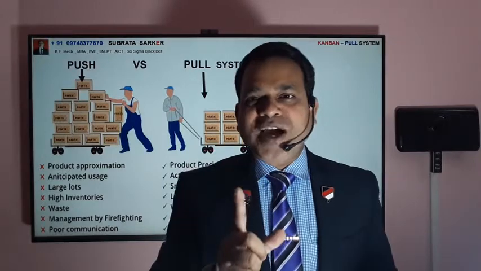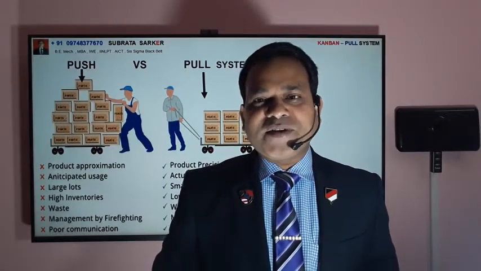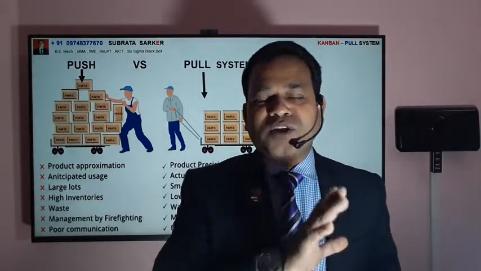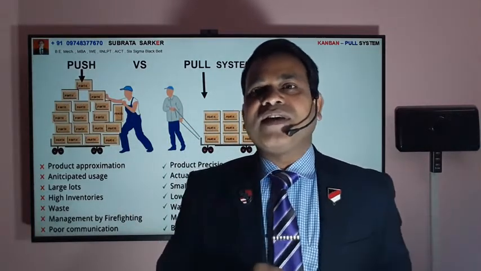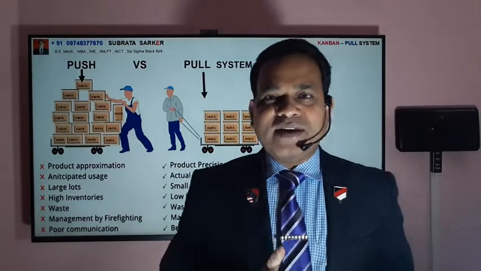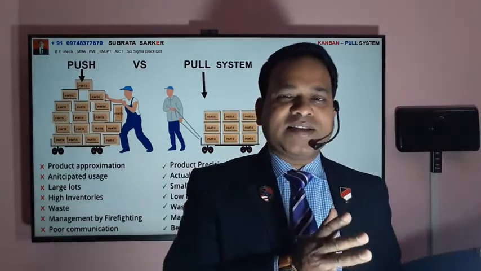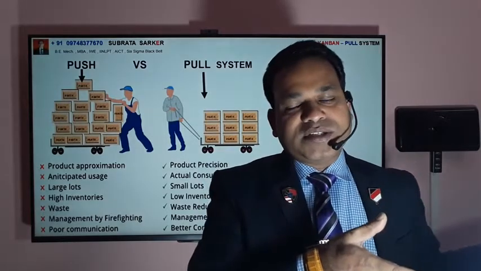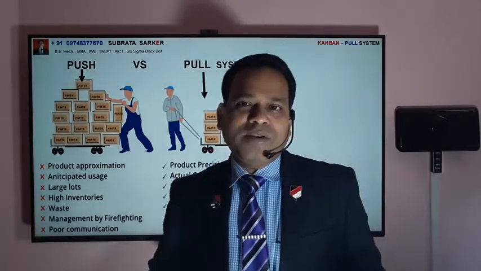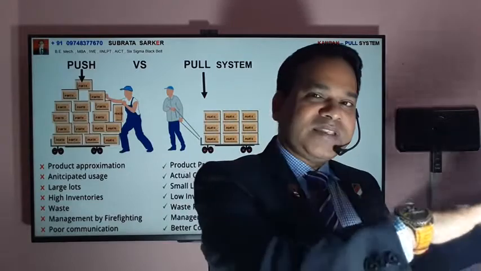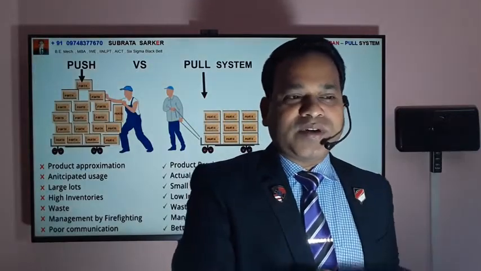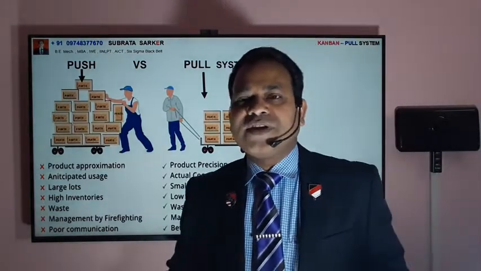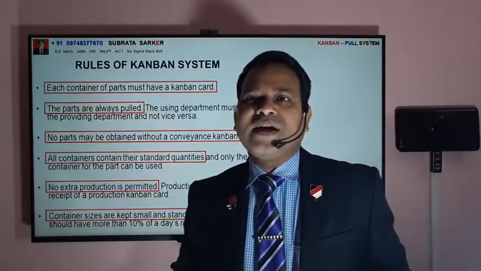No extra production is permitted in the Kanban system. If you order 5, you make the 5 only, not the 6, even if you have the raw material, you know. And the last thing is container size has to be standardized. Every size of the container, all the trolleys, etc. has to be identical, and every time things need to be filled. Actually, you can visualize how much you are taking. So this is actually the concept of the Kanban system.